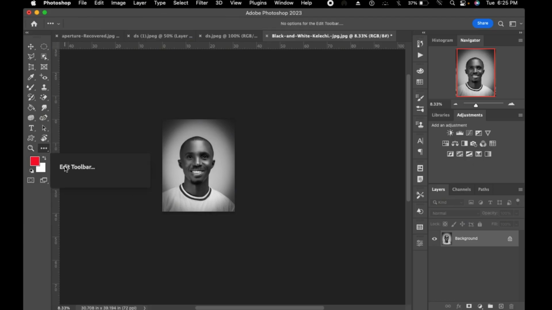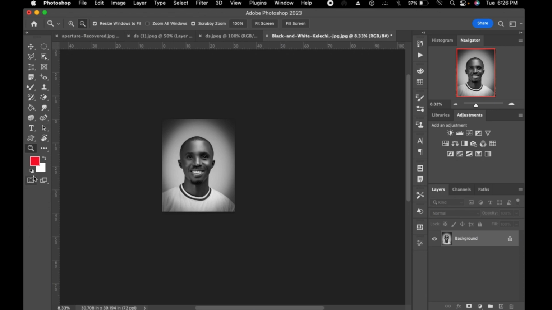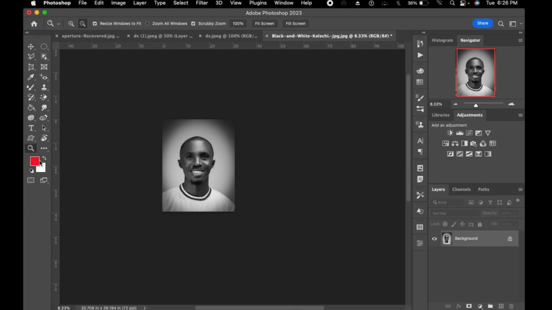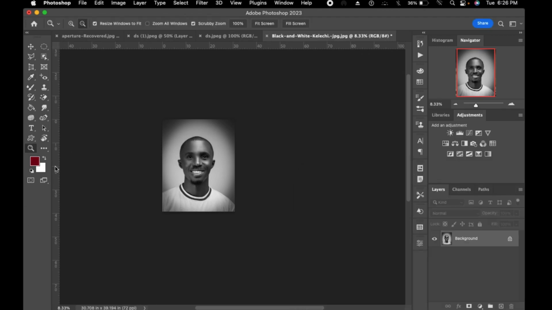You want to modify your tools, and maybe it came with default settings and you want to modify it in such a way it suits whatever you're doing, right? You might come here to do all of those changes. Once you're done, you hit done, and then that's it. So our foreground and our background, you want to change your foreground, you want to change your background. So this is how you do it. You click on the color palette here, click on the color picker, and then you make the necessary adjustments. Likewise here, make necessary adjustments. And this also has a way of working